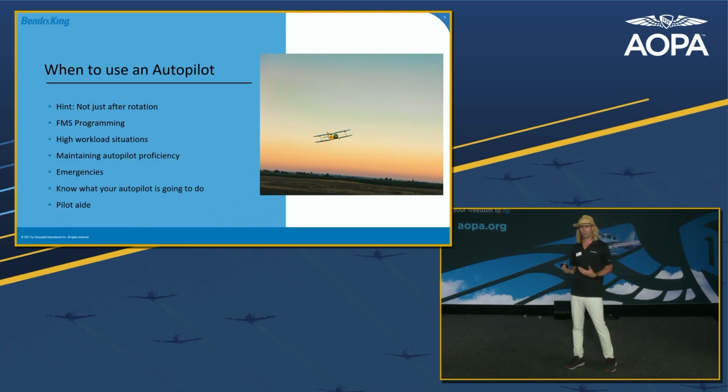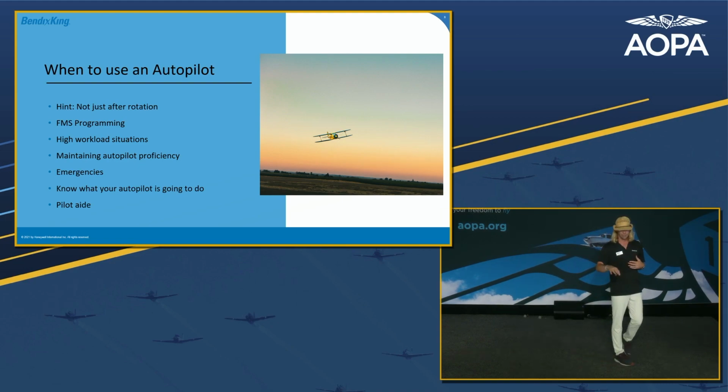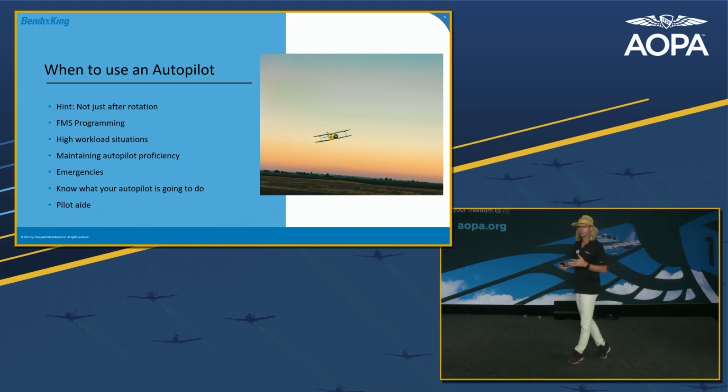So when do we use an Autopilot? Typically, as an Autopilot nerd, number one on this list, I will say that I have done that. I've actually turned the Autopilot on prior to rotation. I've turned the Autopilot on and let it actually land the aircraft. Now, that's when we're doing testing. Obviously, we're not going to do that if we're taking off in IMC. We're going to get the climb going, at least get an established positive rate, get to a safe altitude